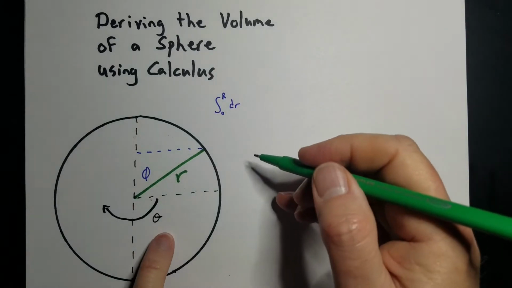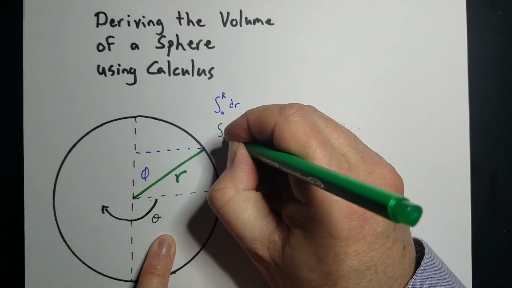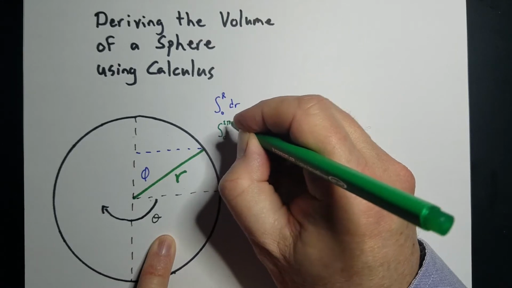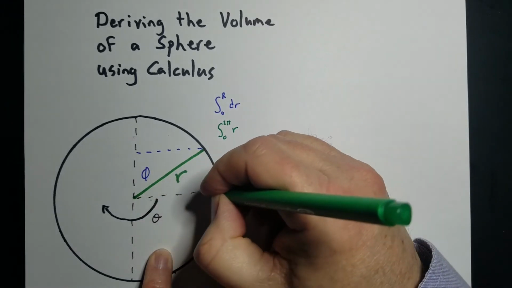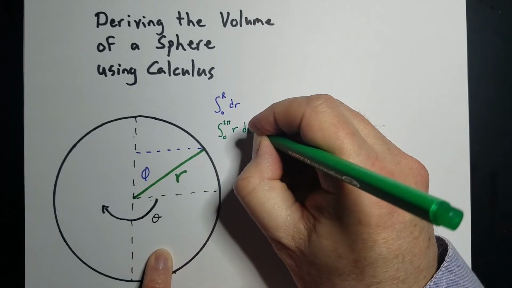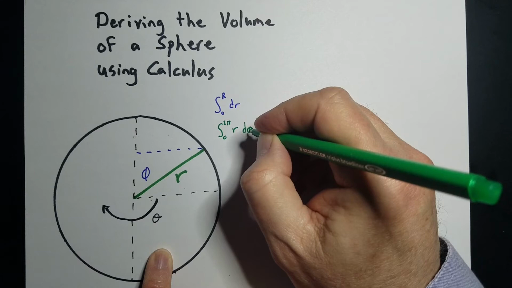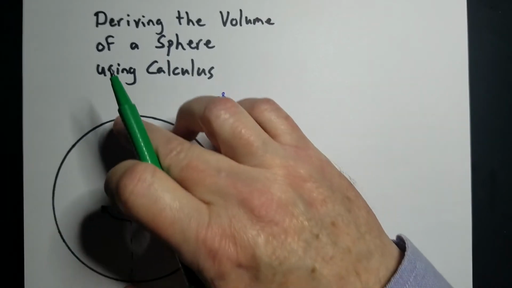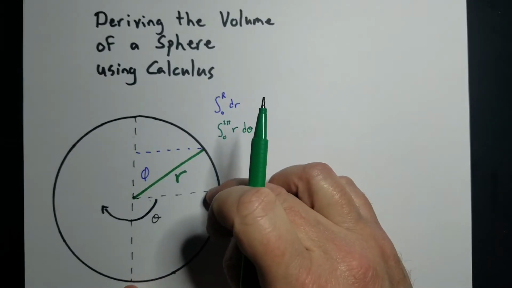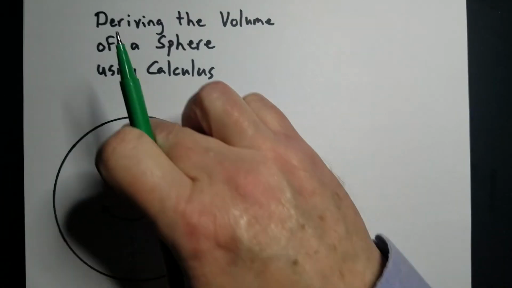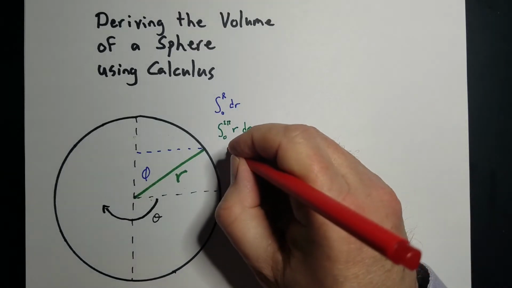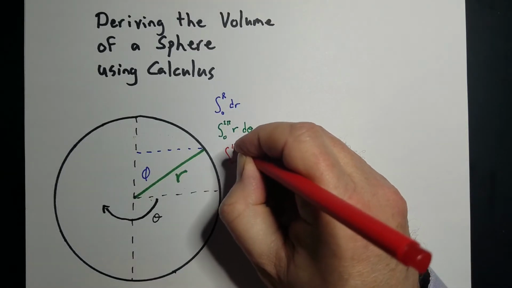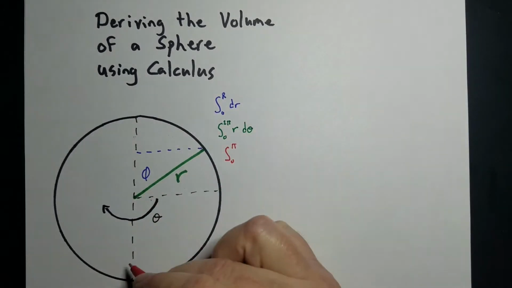For theta, that goes from 0 to 2 pi, but to get that size, we have to account for r, how far we're out, and the changing theta as it goes all the way around. And to get the whole volume, we have to go from here to there, because this just gives us that disk. We want to rotate that whole thing around. So we need to do one more from 0 to pi, because we're going to go from here all the way down to there,